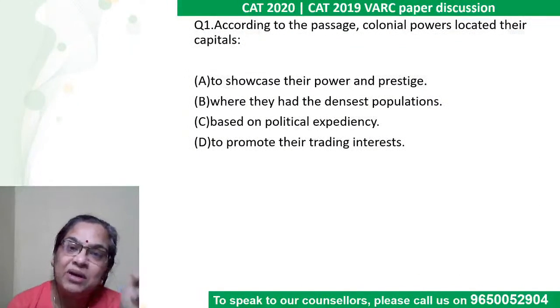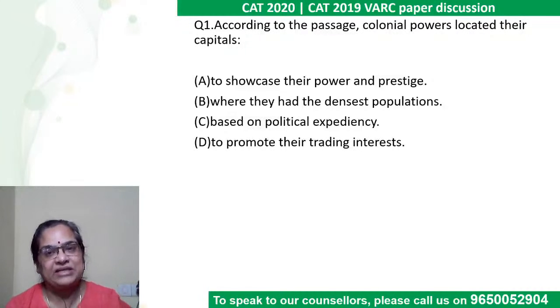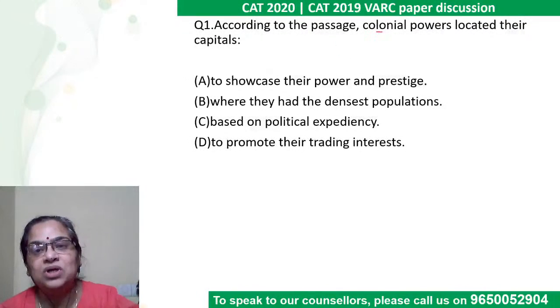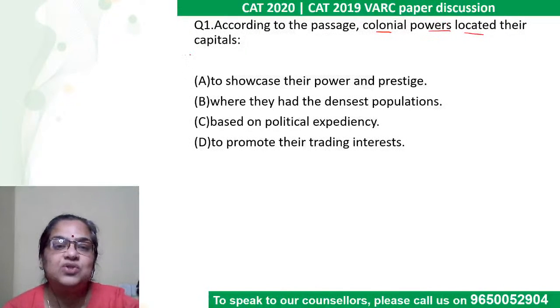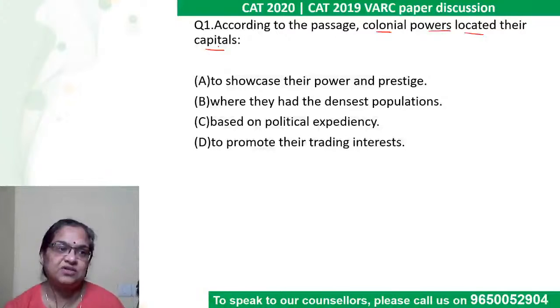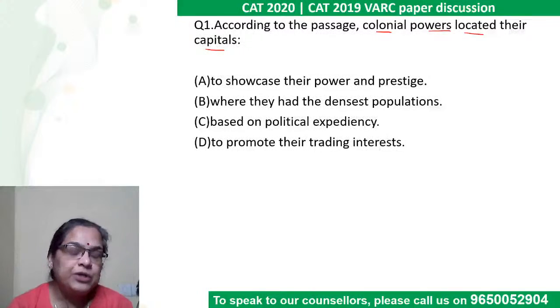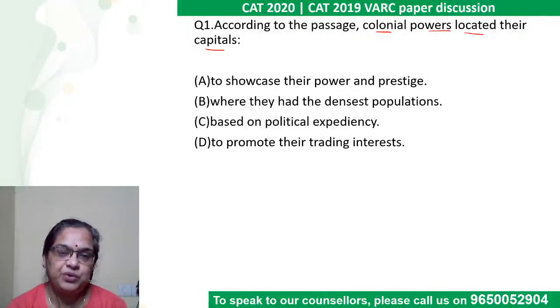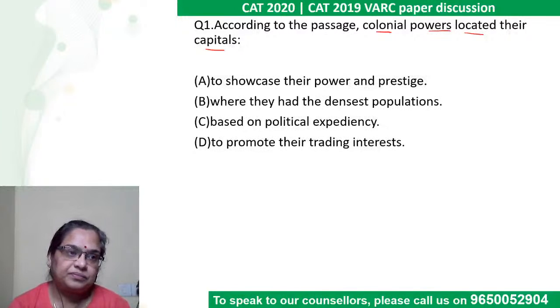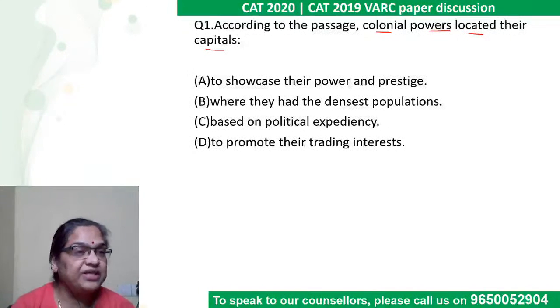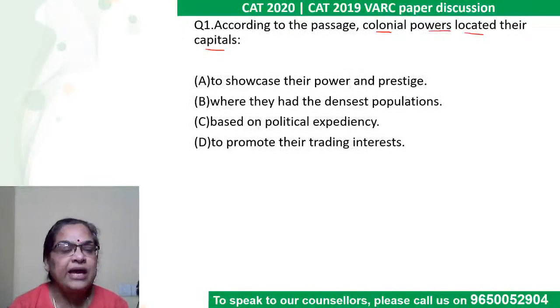Good example, similar to the squatter city passage in the first slot. All right, according to the passage, colonial powers located their capitals where? The coastal capitals of colonial cities. Look at the options quickly and I'll take you back to tell me which paragraph to take you to. He says, in the past, this is where the capitals were located, but now all that has changed. So it's right at the beginning, right? Look at the answer options and I'll take you back to the passage.